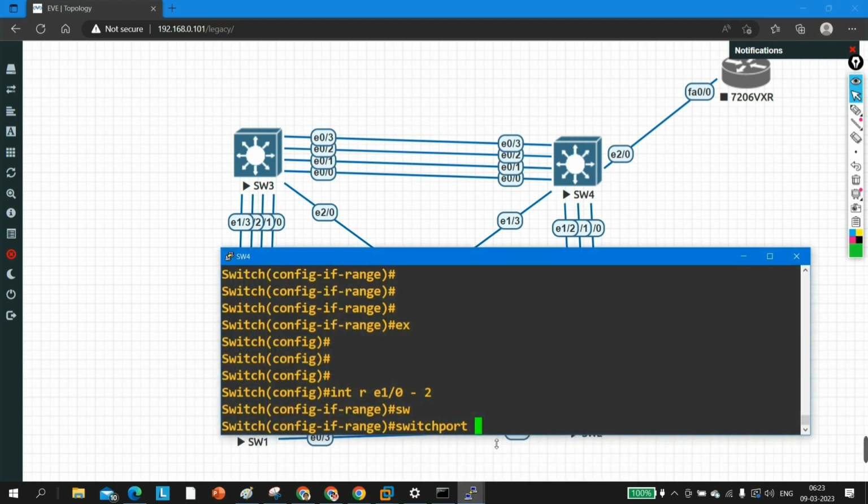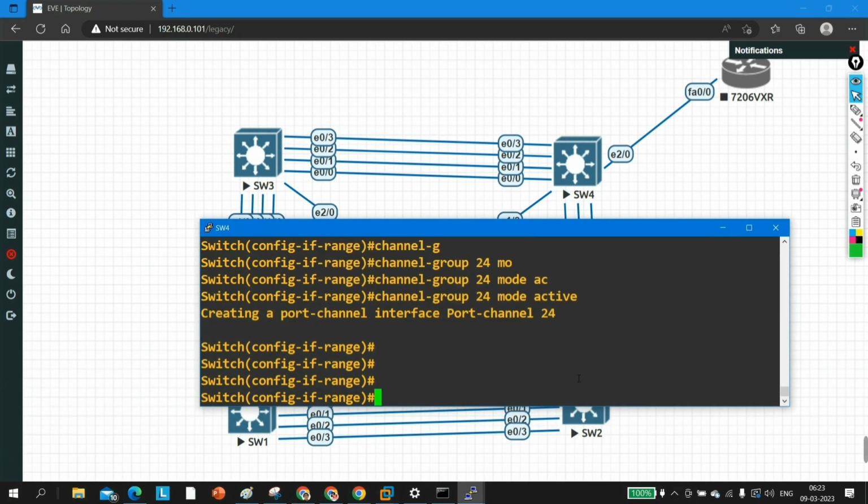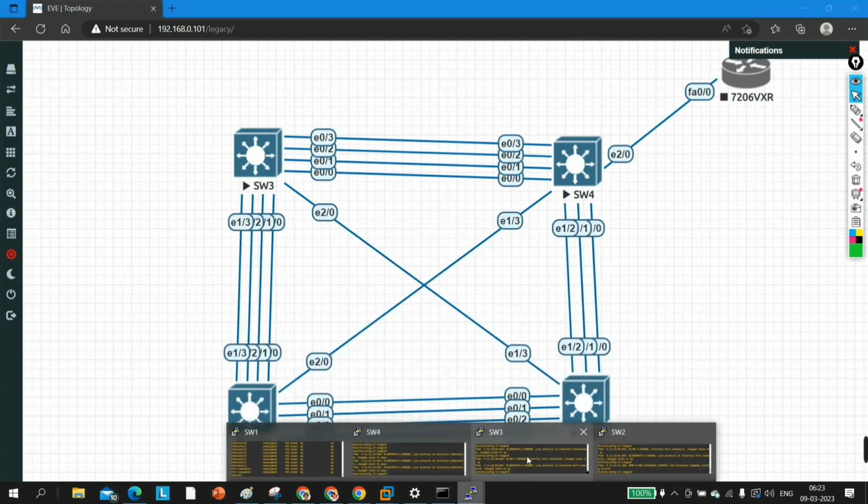So on switch number 4, interface range 0/1-2, 0/2, and here I am going to create a channel group. Channel group 4 on switch number 4, and on switch number 2 I am going to run, suppose, channel group number 20, and mode is, let's say, active. Fine. Now on switch number 2,